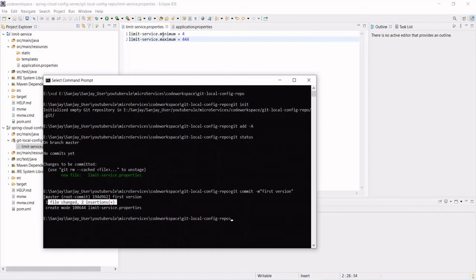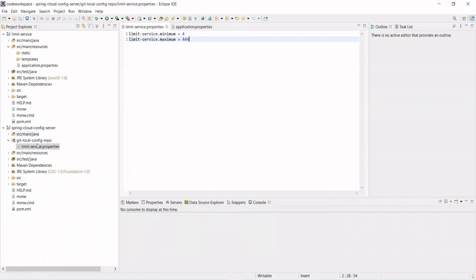The two lines have got inserted, and it shows create mode limit-service.properties. So you have committed this file and put it into the local Git repository. This is how you have linked and made the configuration file in a local Git repository.